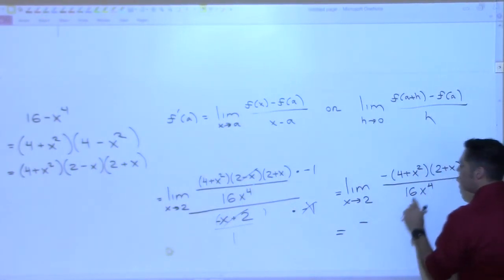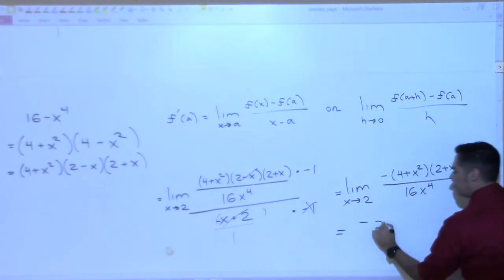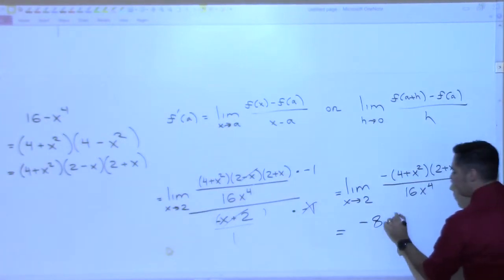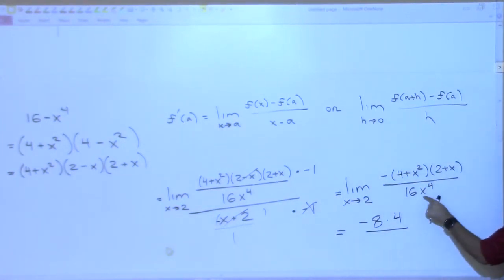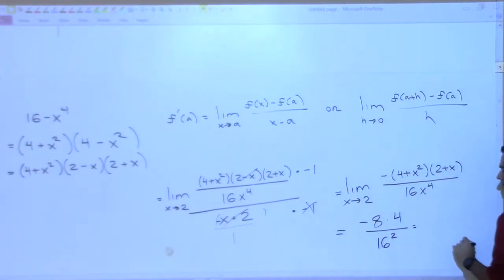Negative. Okay, plug 2 in here. 4, right? 4 plus 4 is 8. -8. 2 in here. 2 plus 2 is 4. Times 4 over. 2 in here. 2 times 2 times 2 times 2, right? 16. 16 times 16. 16 squared. So the top is,